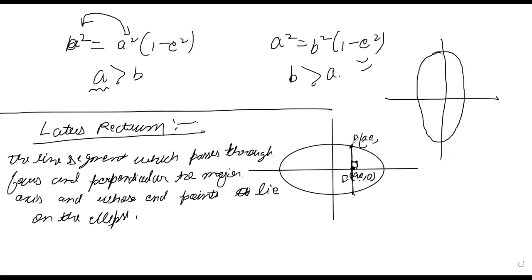Let's say the height at which this P is h, means the y coordinate of P is h. So for latus rectum, we need to find the whole distance from P to F and F to this point. This distance is the latus rectum. So half of this distance is h, because if this is h, this will also be h. So the general equation,